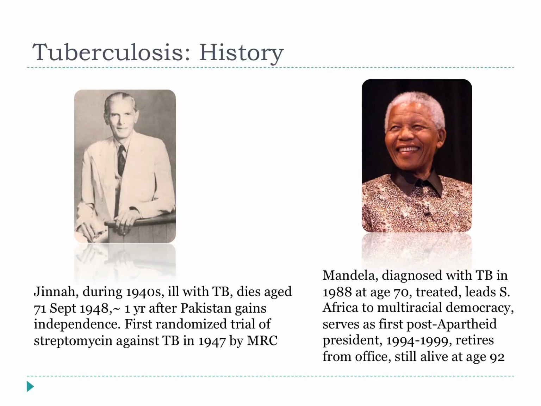If the British and the Hindus had known that he was fatally ill with tuberculosis as he was doing those negotiations, they'd have probably dragged him out a bit longer and things might have turned out differently. As it happens, he died just 1 year or so after Pakistan gained independence. He was very unlucky because he died just at a time when the first treatments for tuberculosis were coming in. The first randomised trial of streptomycin, which showed that you had an antibiotic that worked against TB, was carried out in 1947.